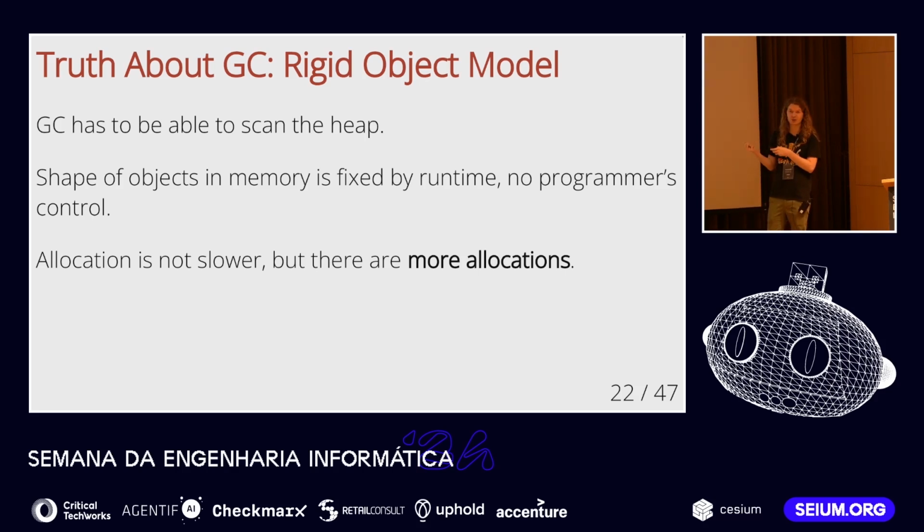You don't have this extra freedom to play some nice bit-bucket tricks in your memory. You cannot have full control of how you use the resources. So as a result, programs implemented in unmanaged languages like Zig, C++, or Rust tend to allocate less memory. They tend to use fewer allocations. And that is the reason why they tend to be faster. Not because allocation is faster, but because memory is used in a more frugal way, and there is just less memory to manage.